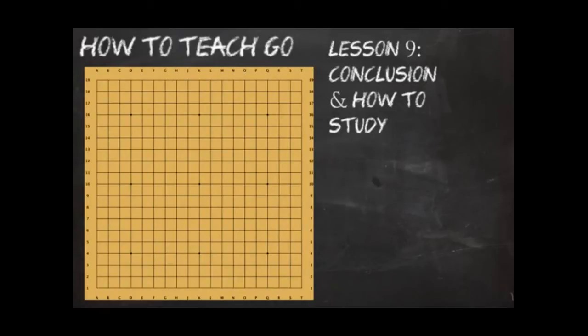So now let's say your student learns the rules, learns it step by step, and is asking, okay, now I know this stuff, and now I'm on the 19x19, where do I go from here? Well, now you have to teach them how to study, because you're not going to be able to teach them every bit of Go information all the time, and you may not even see them every day, more times than not, unless it's a sibling or brother or mother, who knows. But likely they're going to have to study on their own at some point, and you should teach them how to study. And this is when you could teach how to study Joseki or how to study openings, review pro games,